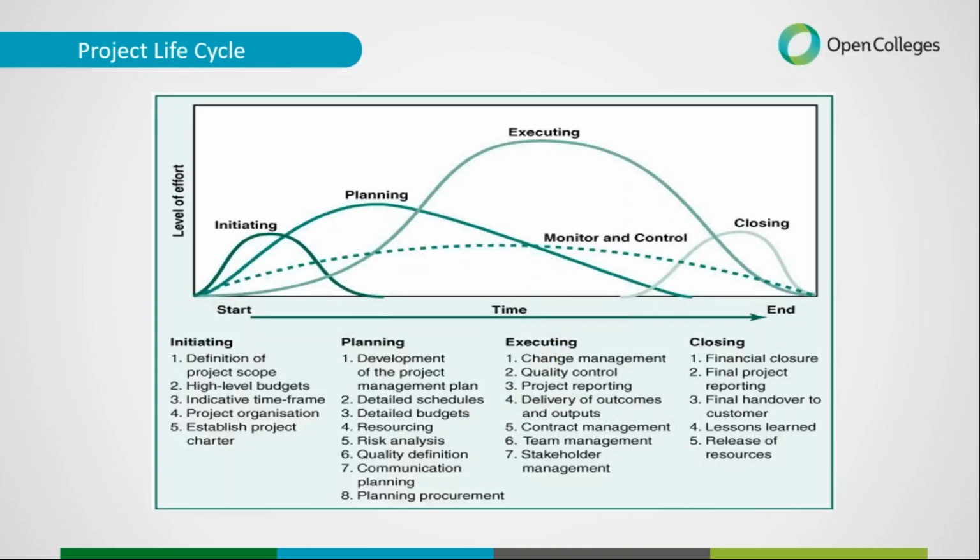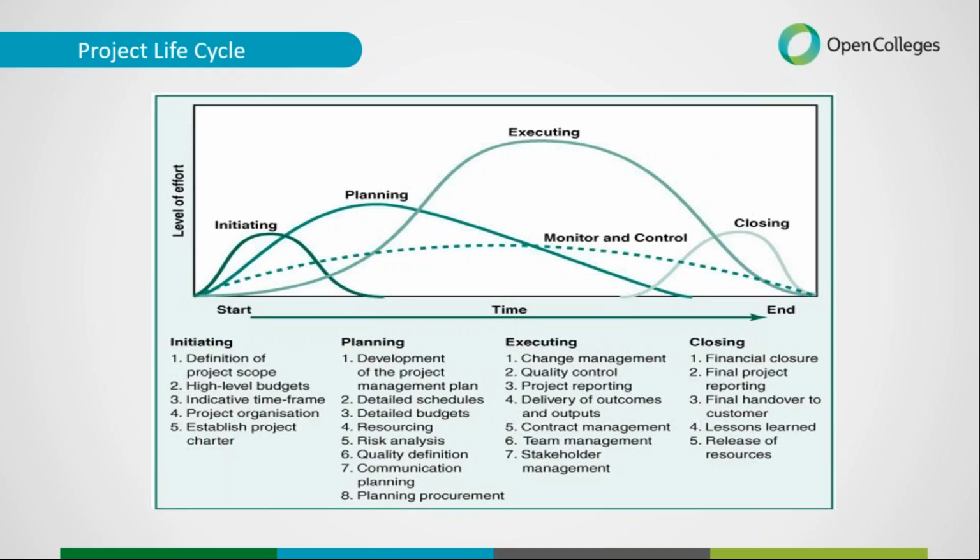This is a diagram that you'll find inside your textbook, so you can refer to this in there as well, but it just goes through the project life cycle where it shows that we have a starting point and an end point. Same point as the initiation. You'll see that initiation stage can sometimes be called the concept stage, but it's where the project is initially defined and the high-level budgets and timeframes in organisation are kind of established, and the project is officially authorised